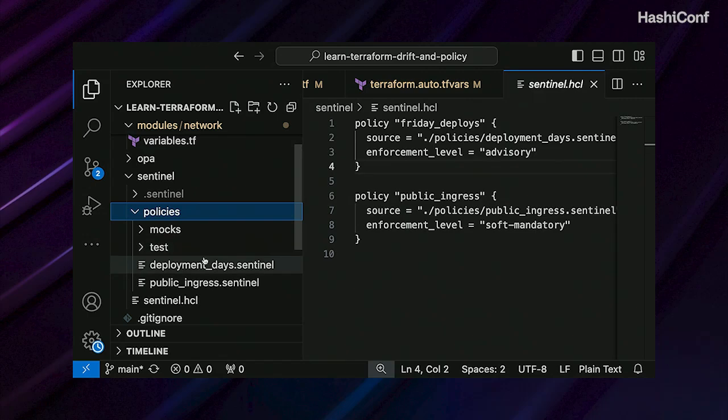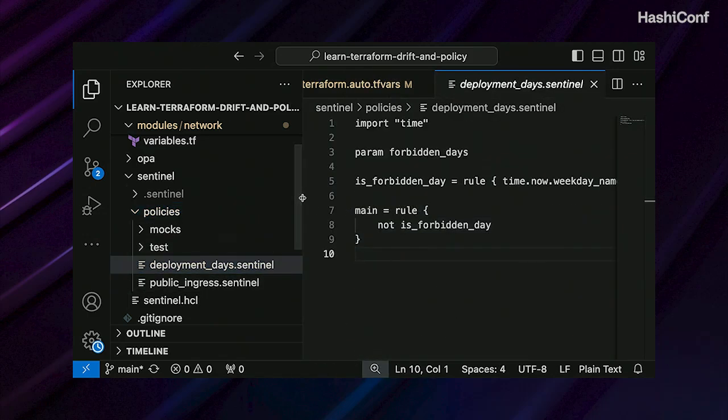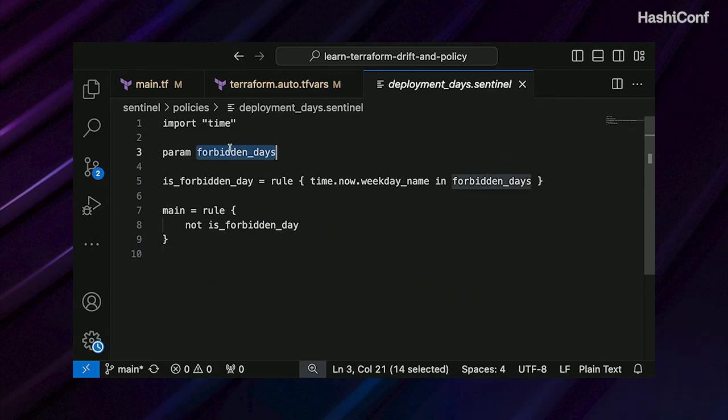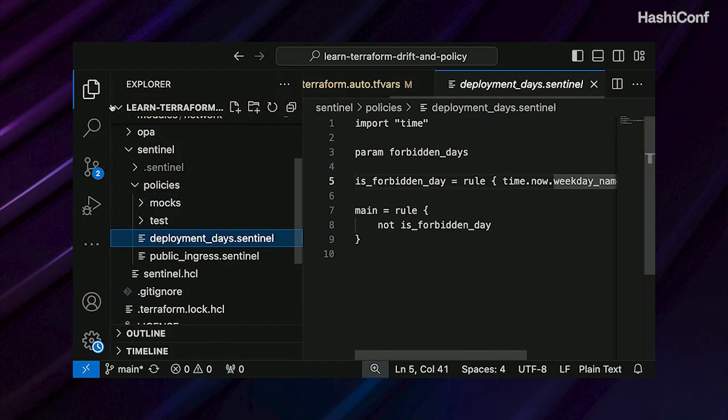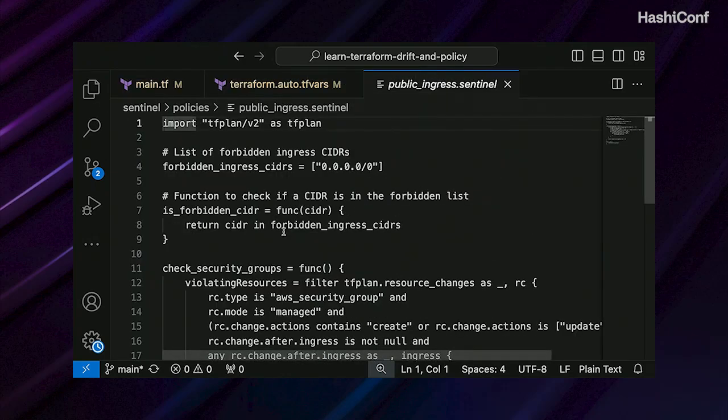So let me dig into the deployment days. And all this is doing is taking an input parameter called forbidden days, and the rule passes if it's not a forbidden day. Double negatives there. But if the day of the week is not in our list, then we can deploy. Otherwise, it says no. And then the public ingress rule is a little bit more complex because there's a few